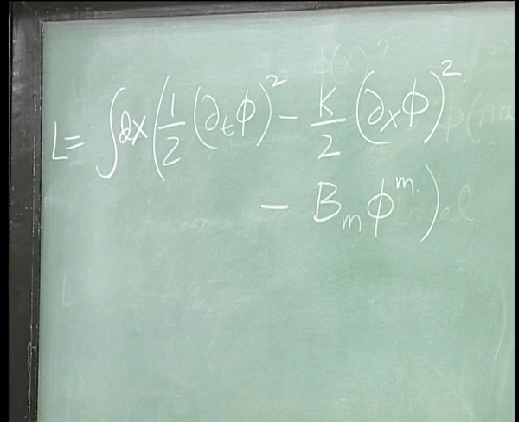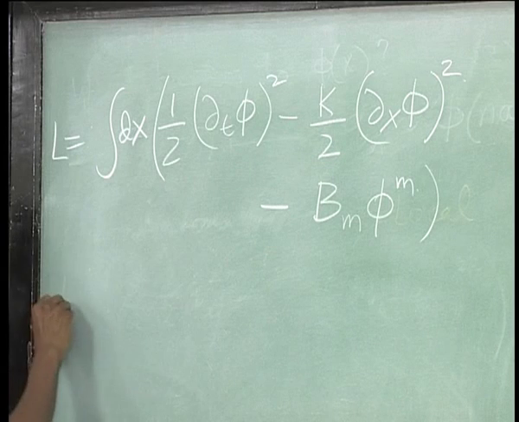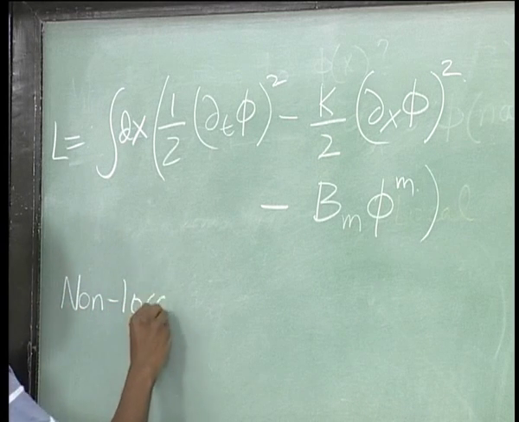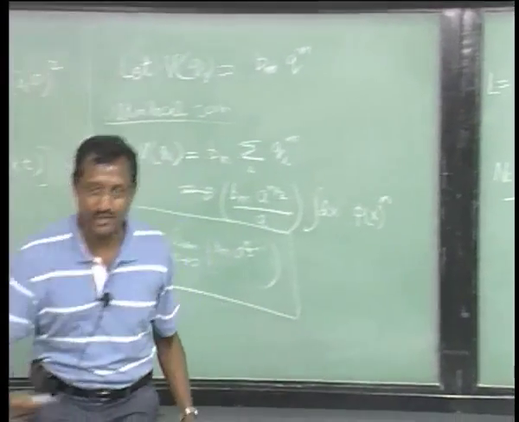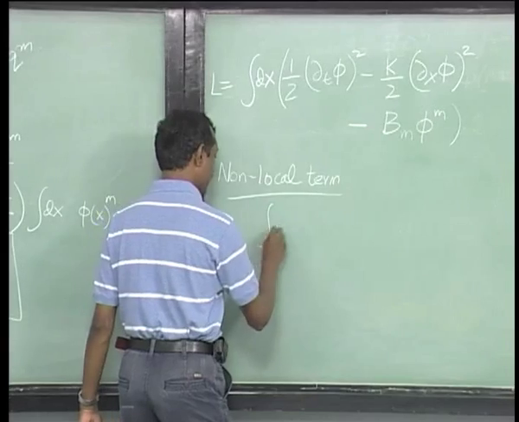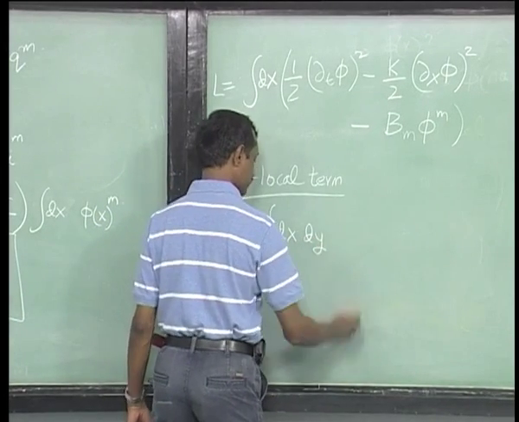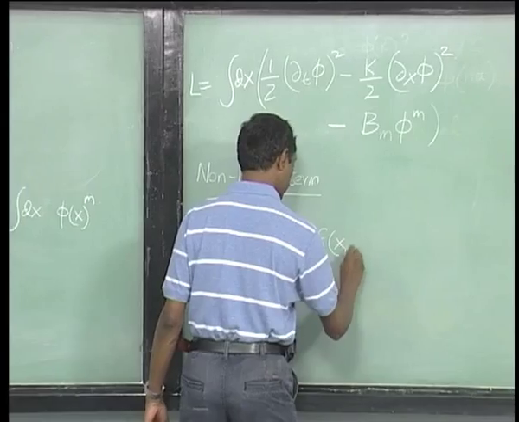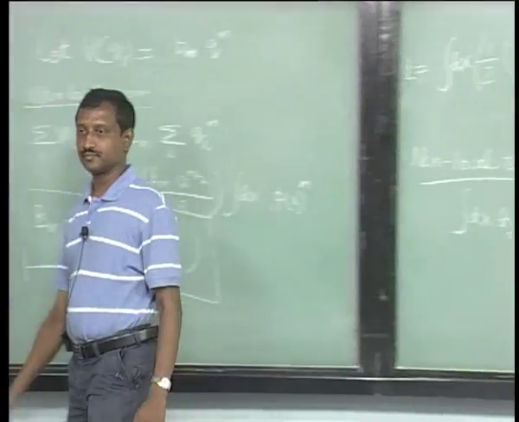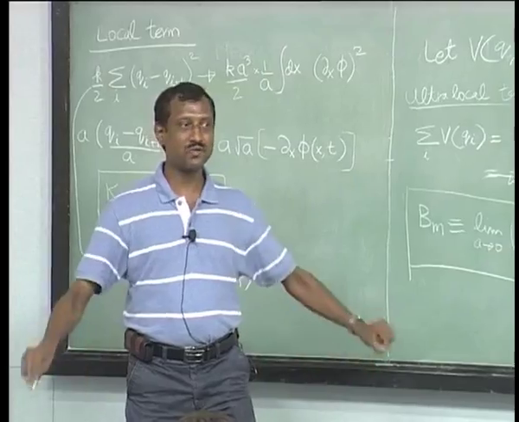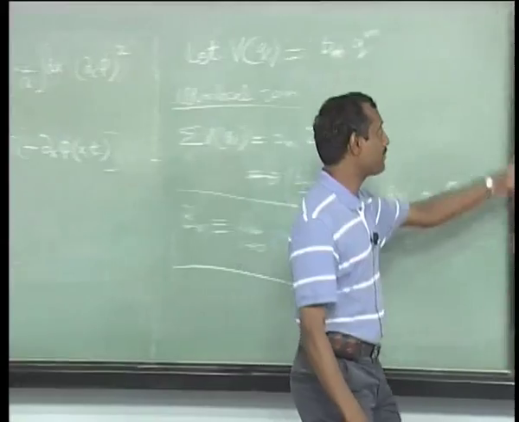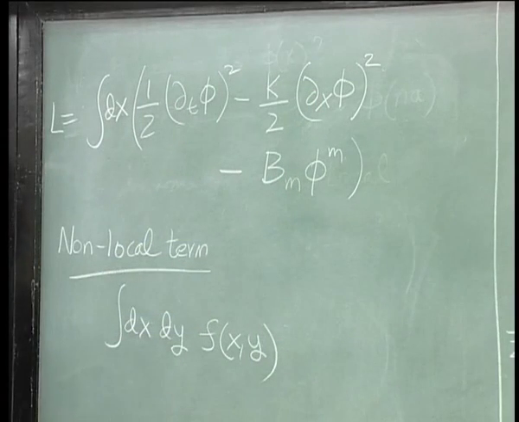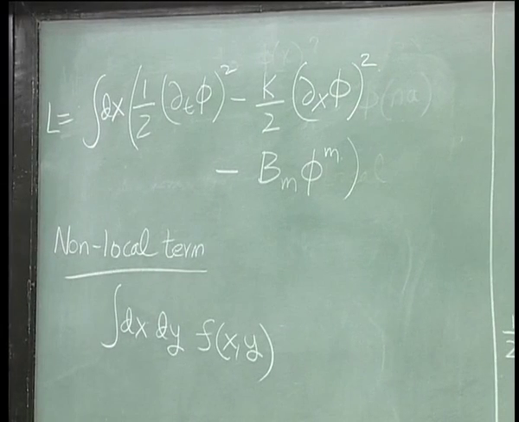An example of a non-local term would be something. So, it is useful to see what a non-local term looks like. I am not saying this is the only non-local term, I am giving you an example of a term non-local in space, that is if I have something like this times some function of x and y. So, it depends on 2 points. You can make things even worse, you can make it depend on n points, but this depends only on 1 point. So, we have already put in locality,